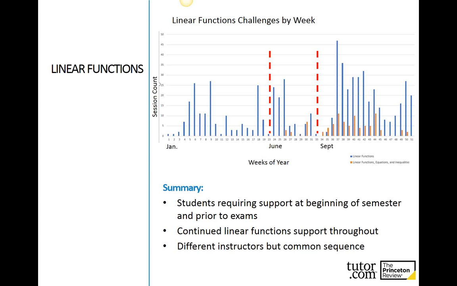throughout the entire course. Something that Ben brought to our attention is that in this time period, in the middle here, is where they could transition into radical expressions and equations and rational exponents. This is something that is typically taught in the Math 100 class, so it should be prerequisite knowledge they have. But in order to solve those problems, they have to transform them into linear equations or quadratic equations. So he looked at the data and said, I bet the students are really struggling with the transformation, because you start seeing a peak here when typically they have moved out of linear equations.